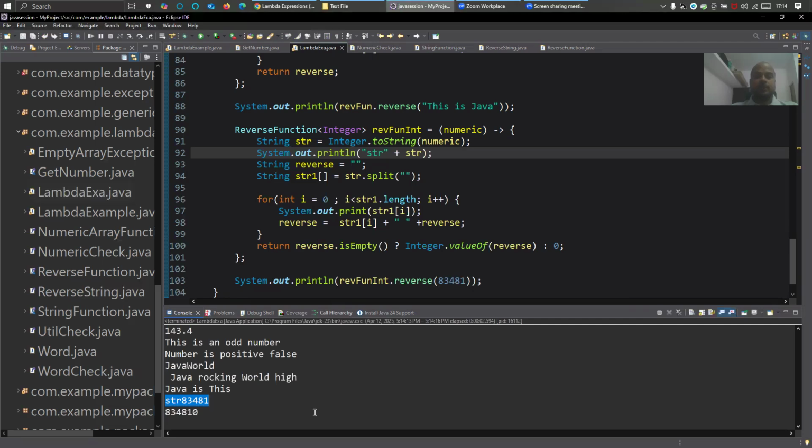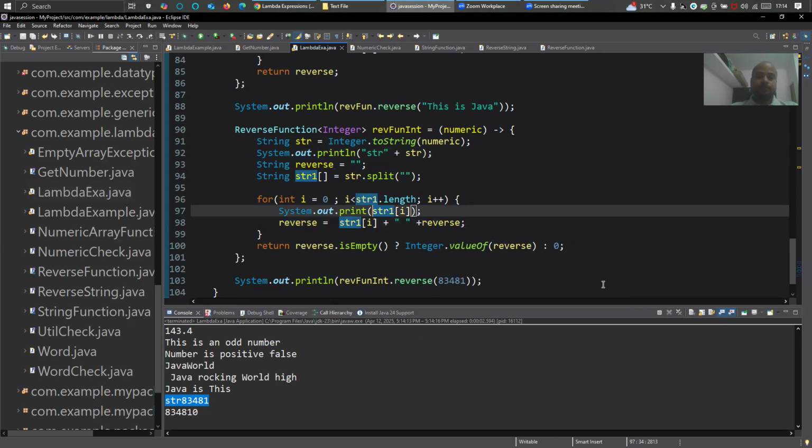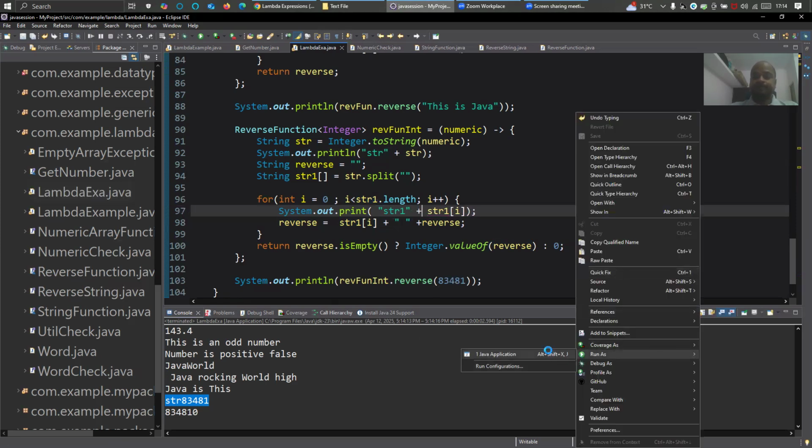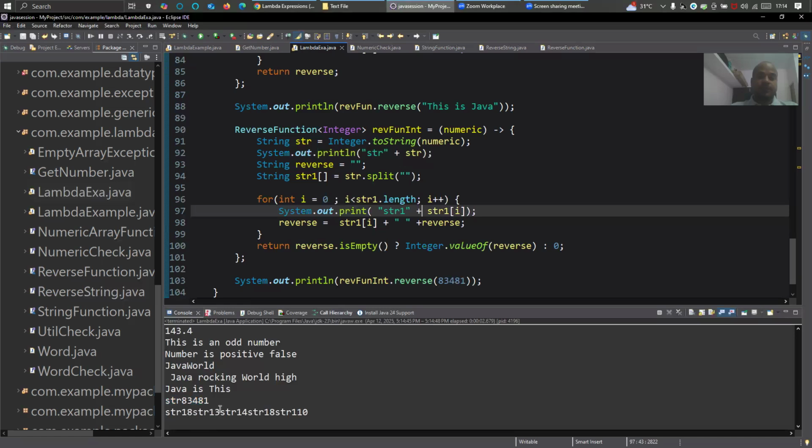Why is it adding zero at the end? It is reversing, but why is it adding zero at the end? So str1 8 1 3 str1 1. After 1,